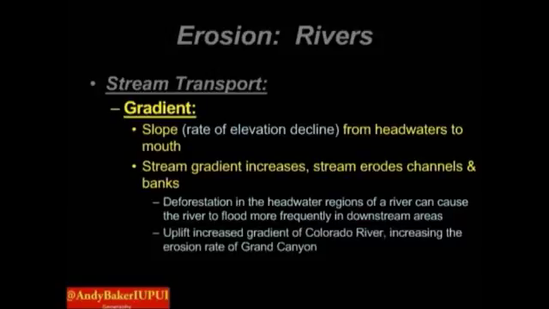Another thing is with the Colorado River. When we look at the Grand Canyon, well, how in the heck is the Grand Canyon so massive and big? Well, the key idea there was flowing water. And so over time, uplift, which we can go back to and talk about when we talk about plate tectonics and convergence, what that essentially did was increase the flow, increase the gradient of the Colorado River so that it then could continue to carve out the massive Grand Canyon complex that we'll probably see sometime, or we've seen in a previous